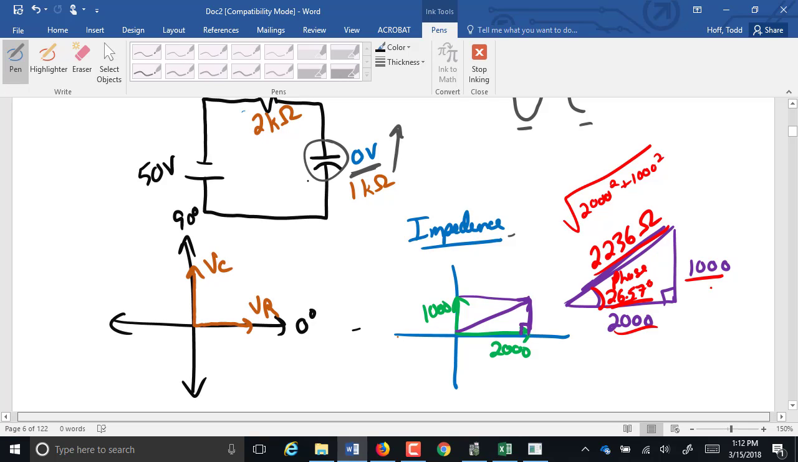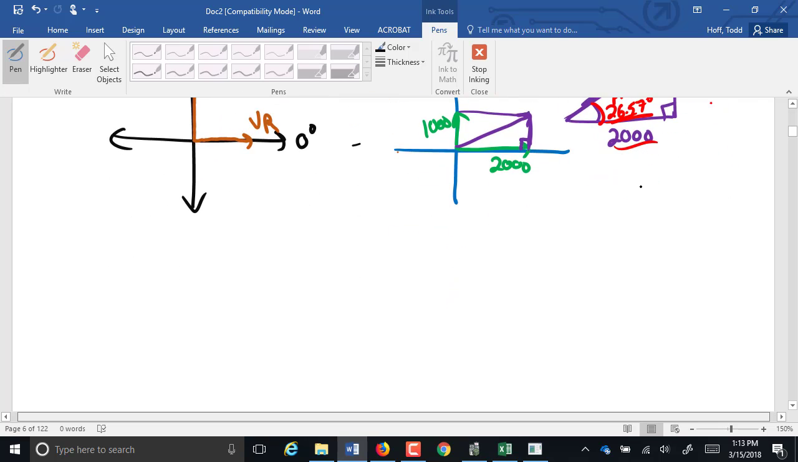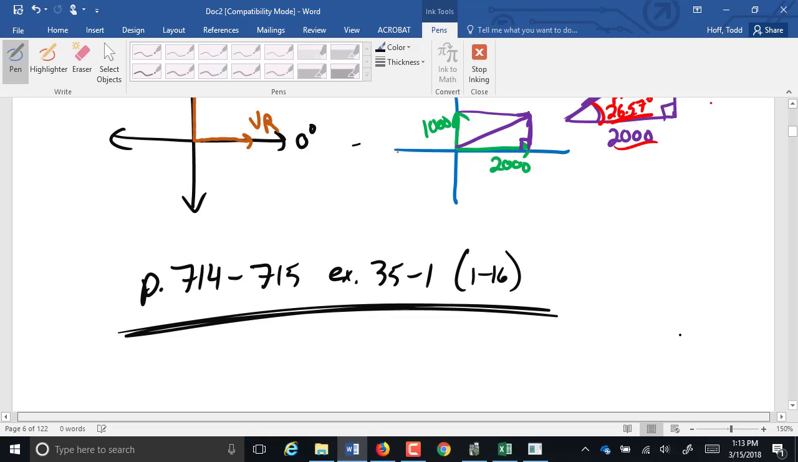For now, I believe the last page I gave you was that smaller packet, page 347, 348. I'm going to have you guys work on page 714, 715, exercise 35-1, 1 through 16. I believe that is back in your other packet. No, that's in your